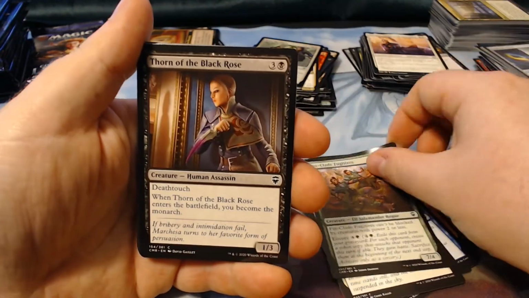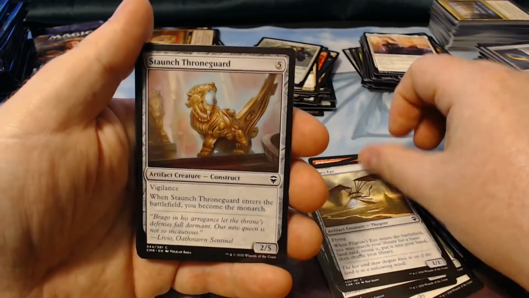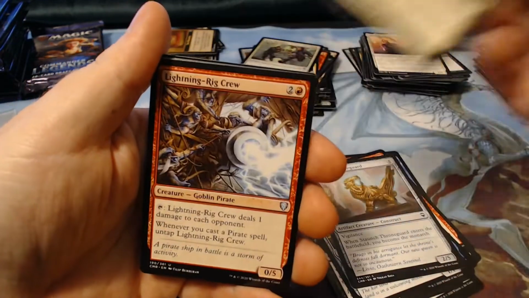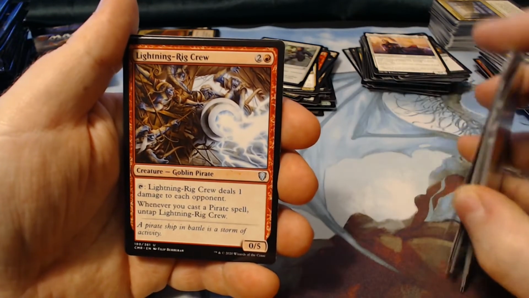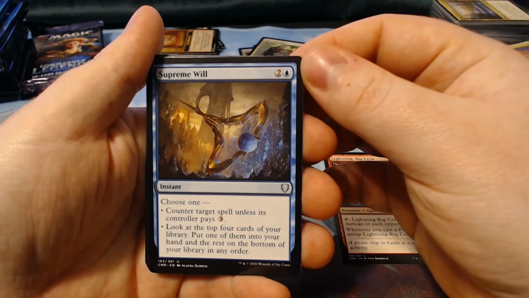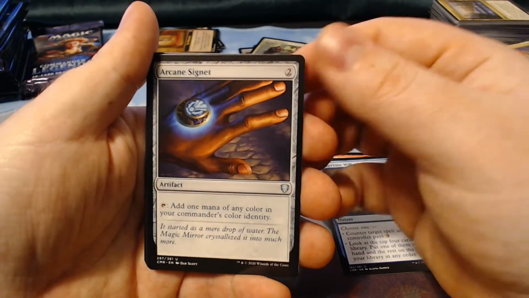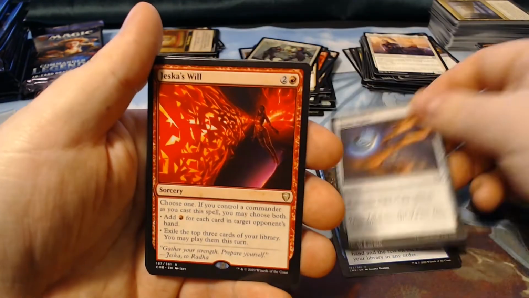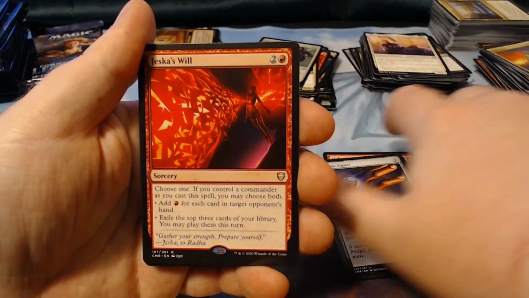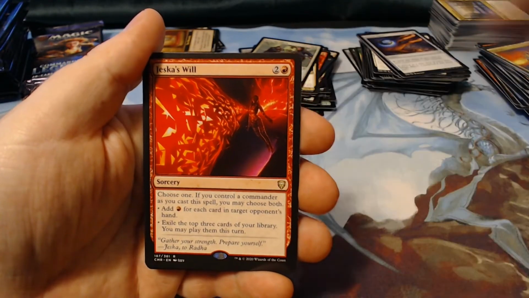Fin-clad Fugitives. Thorn of the Black Rose. Pilgrim's Eye. Staunch Throne Guard. Opal Palace. Lightning Rig Crew. Supreme Will. Arcane Signet, Jeska's Will,